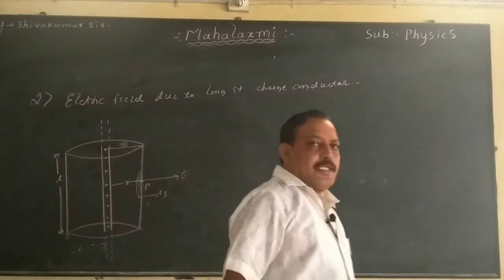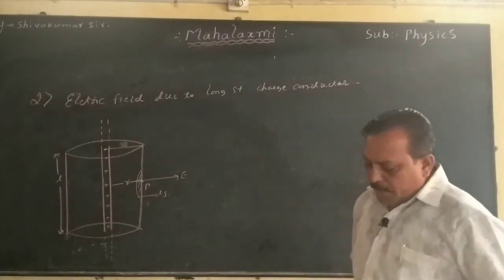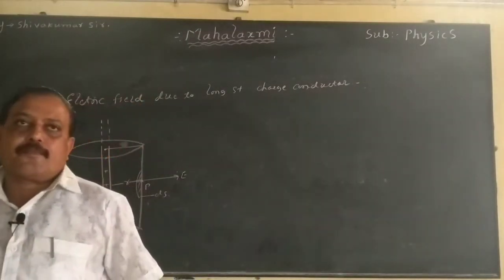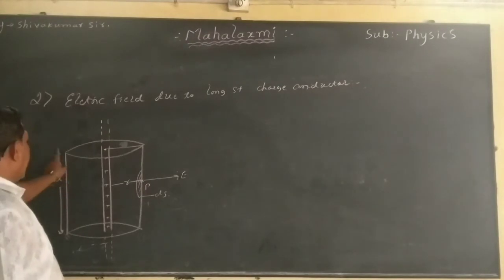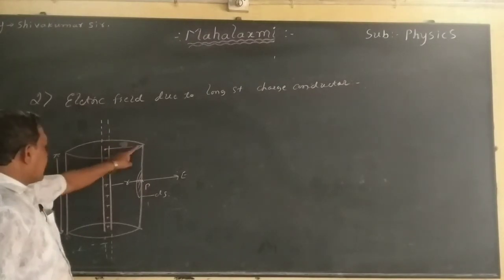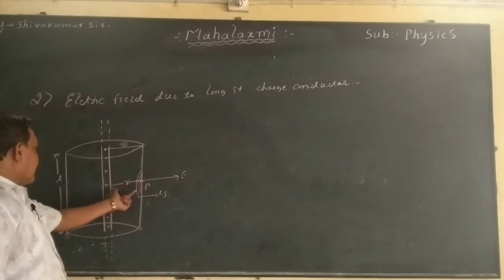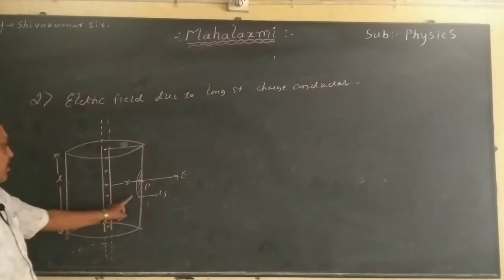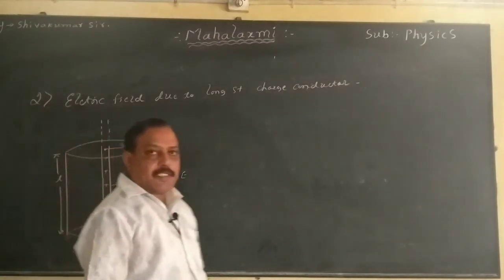Then you draw the certain lines. Consider a straight conductor where the charges are distributed on its surface along the length. To enclose the charges, let there be a cylindrical Gaussian surface, and P be the point on the surface at a distance R, where the electric intensity is to be determined, and ds is a small surface area around the point P, and E represents the direction of the electric field.